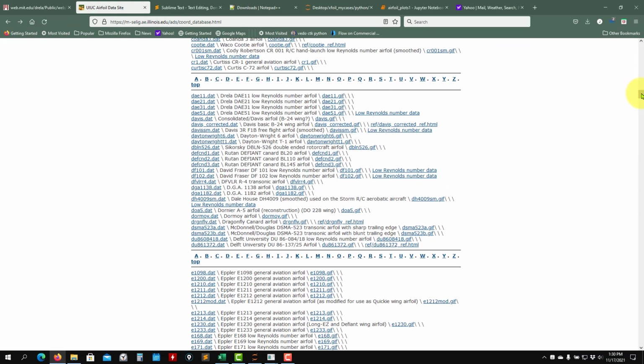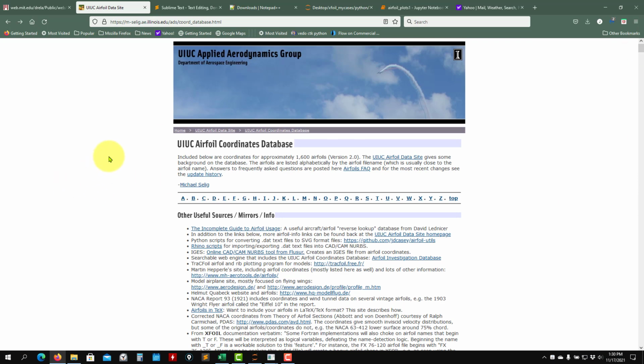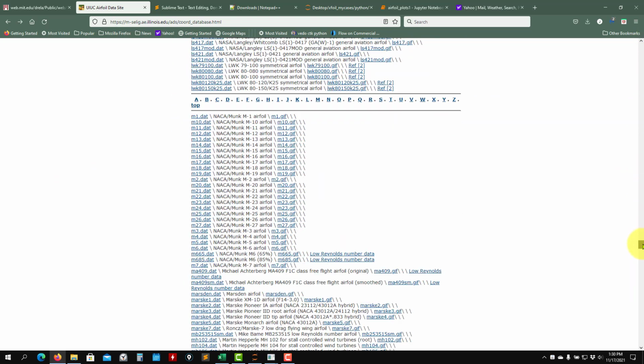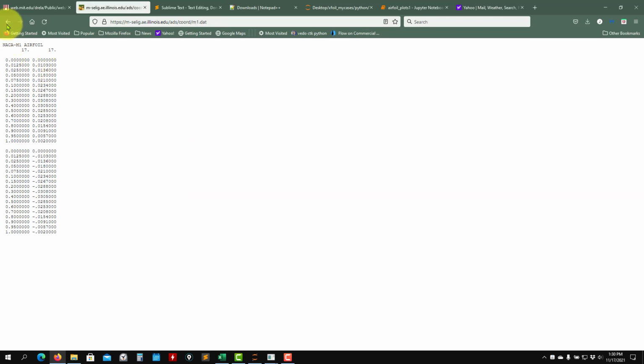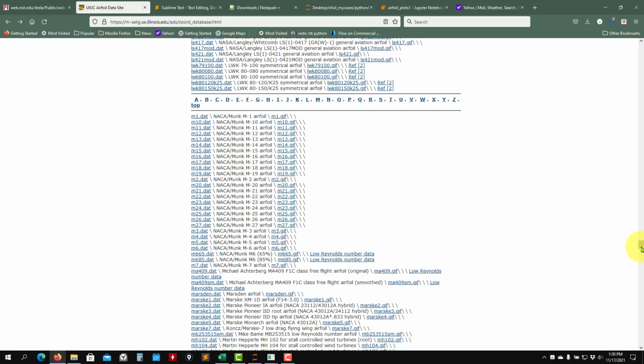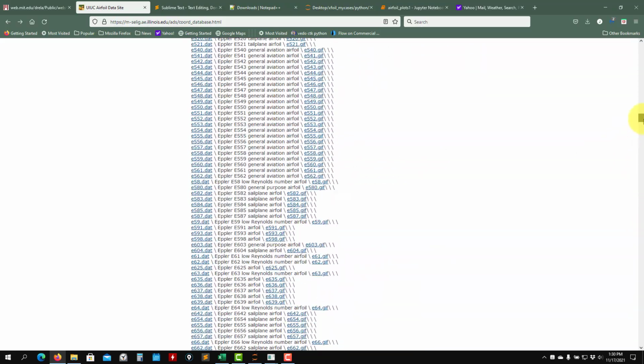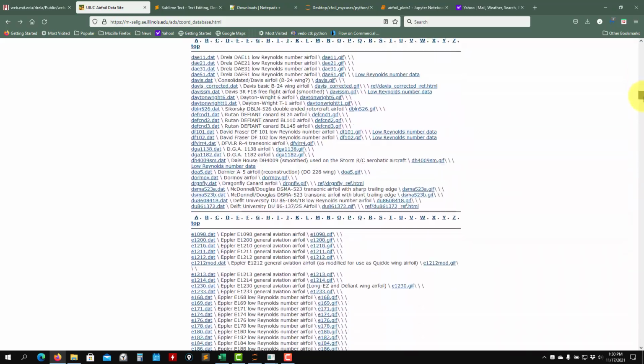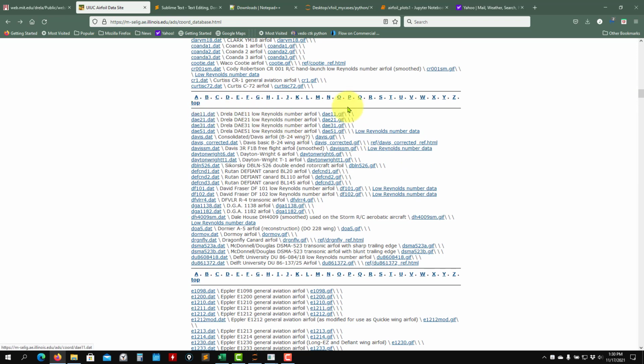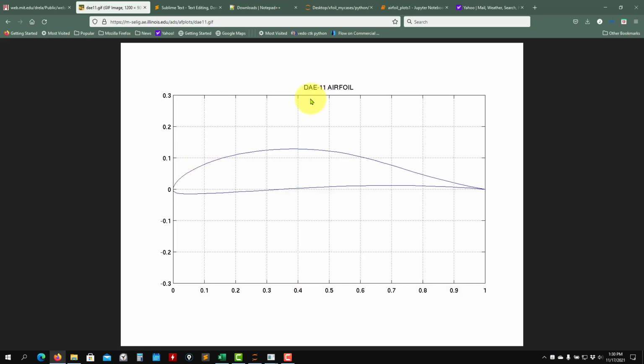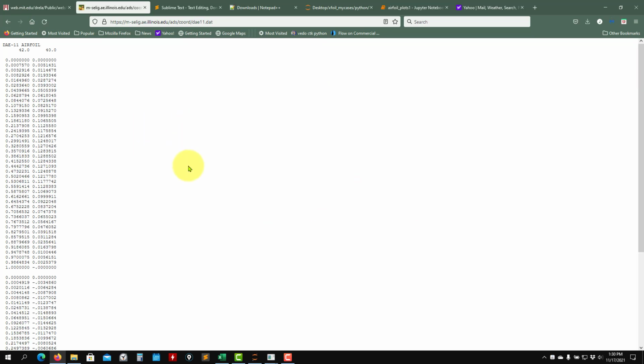As you go here, see that you have this database of airfoil coordinates. You pick one, for instance, you have the GIF there showing how it looks, and then you open here, you have the coordinates. It's very important, the coordinate format. Okay, so I will pick a random airfoil here. I will pick this one, DAE 11. Okay, this is the shape. As you go here, you have the coordinates. So you can download these coordinates, but